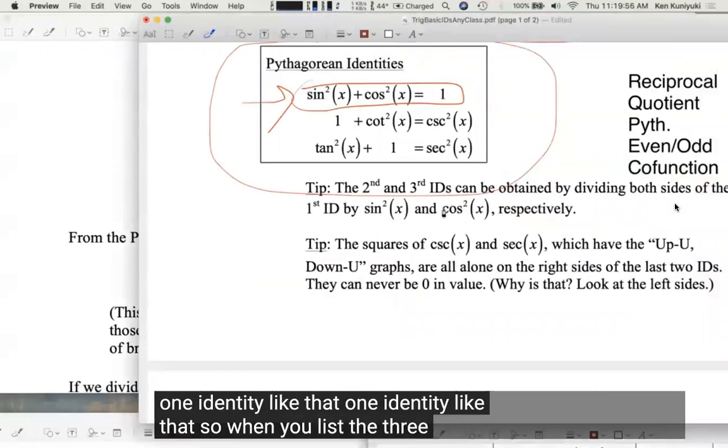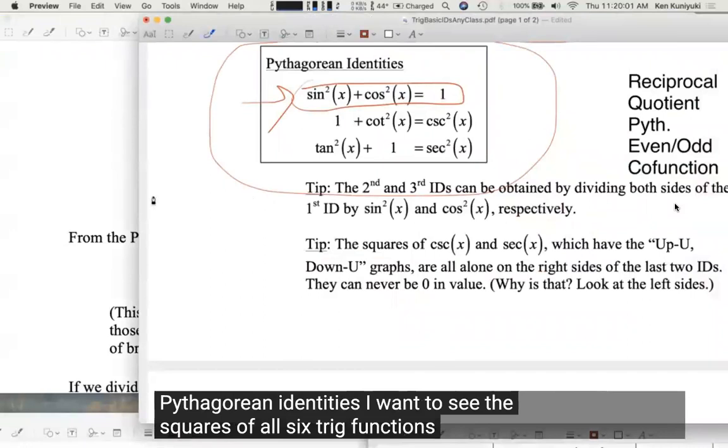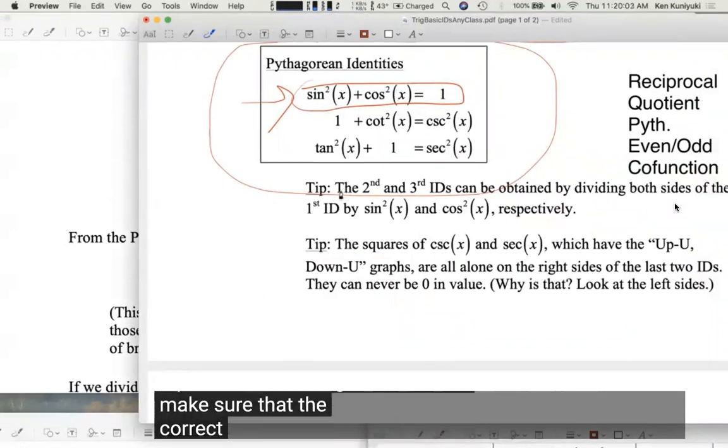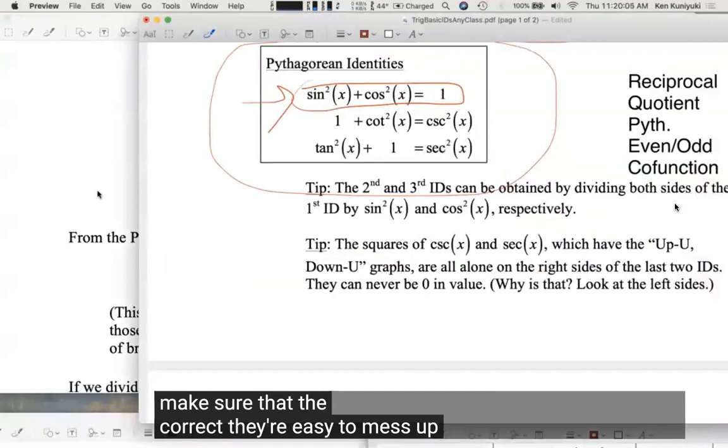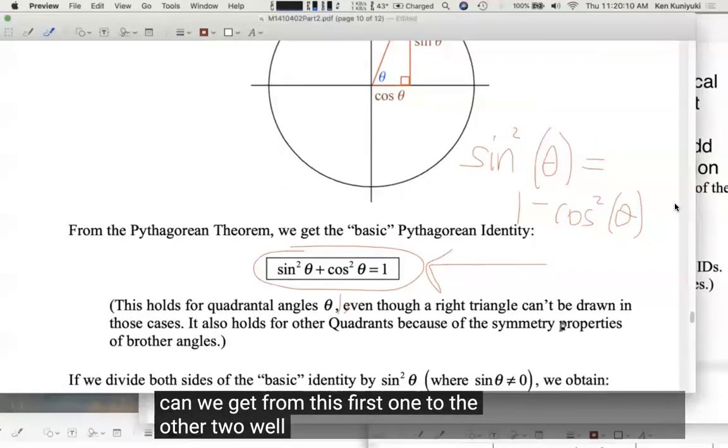So when you list the three Pythagorean identities, I want to see the squares of all 6 trig functions. But make sure that they're correct. They're easy to mess up. So how can we get from this first one to the other two? Well,